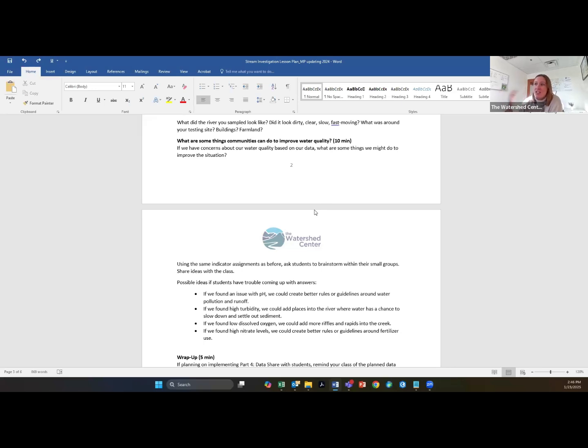Where can we create these structures, these areas where water can slow down and that sediment can settle to the bottom? If we found low dissolved oxygen, how might we add more riffles and rapids and ripples into the creek? So where can we put in maybe rocks or waterfall structures to do that? We try to have students come up with these ideas, but these are some of the ideas that we've heard before, and just ideas to pull from